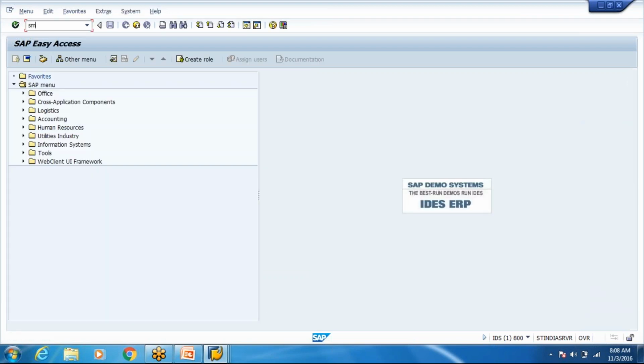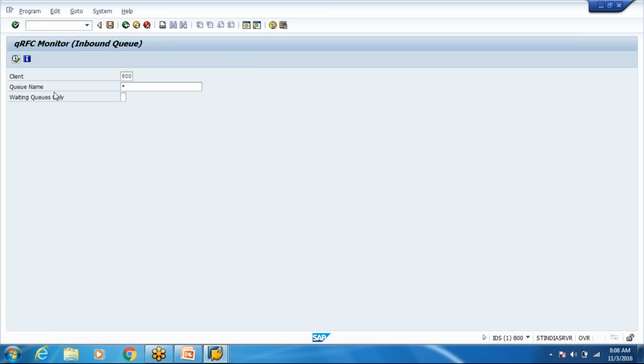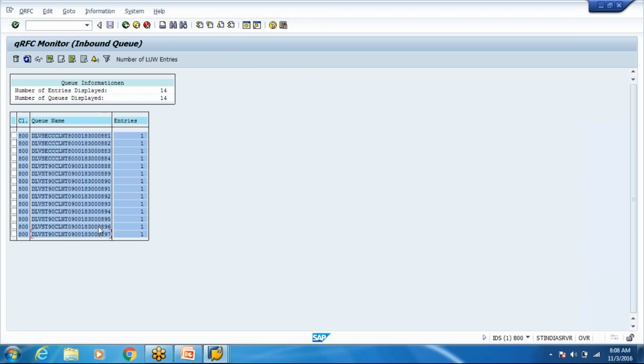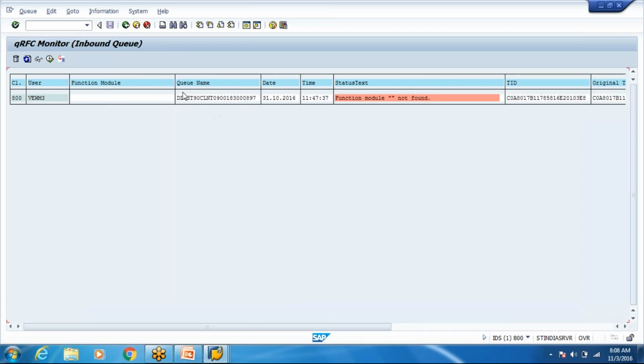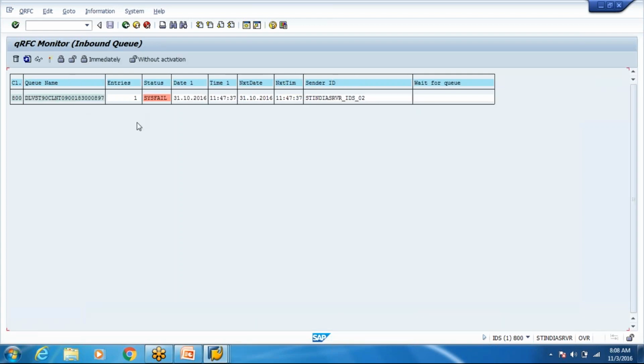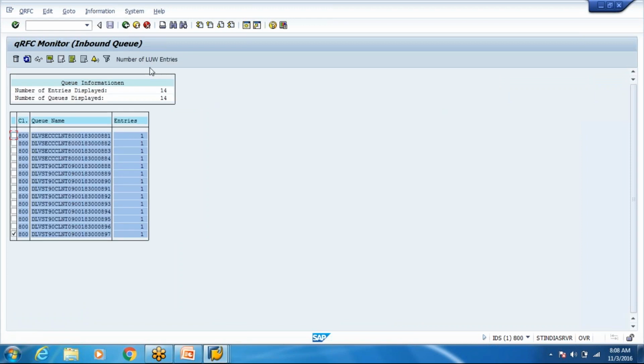We are creating deliveries, but somehow you can see that these deliveries are not going. I created this delivery in ECC, and in ECC this delivery is shown as failed, and it is not going to the EWM system. So if CIF is working, that means your RFC connections are working, correct? Yes, the RFC connection and logical systems are working fine.